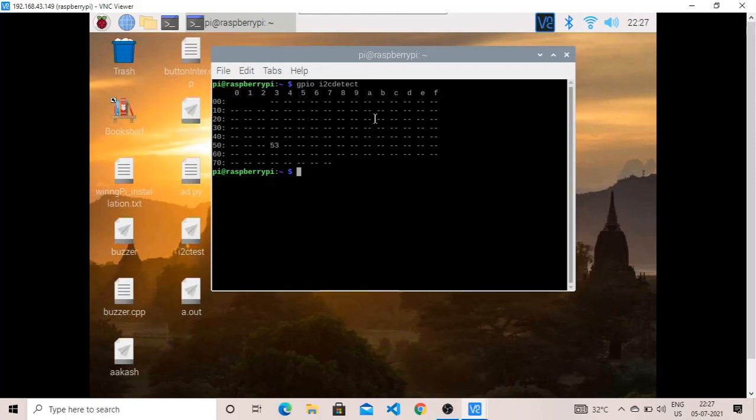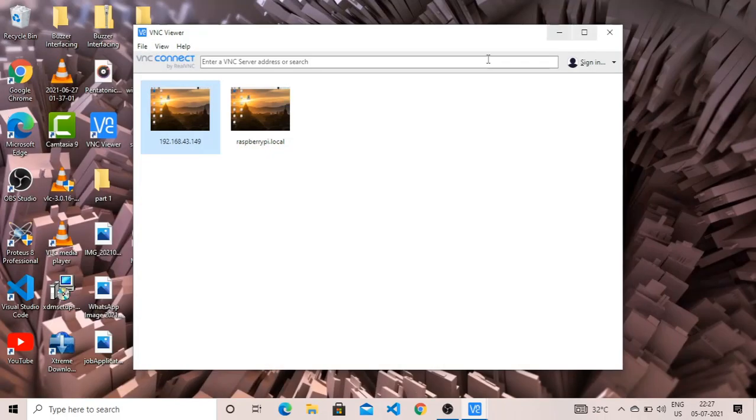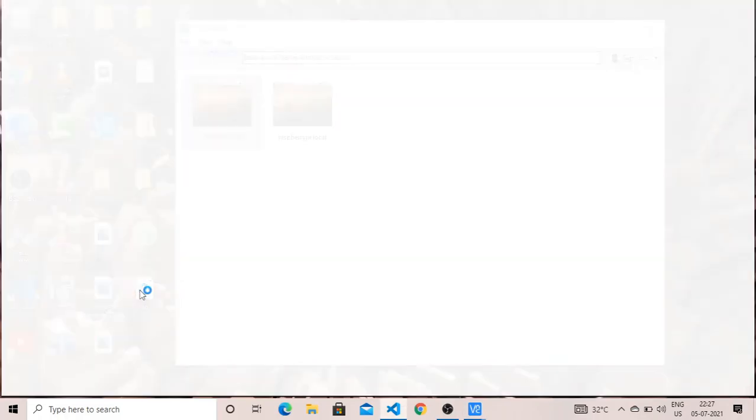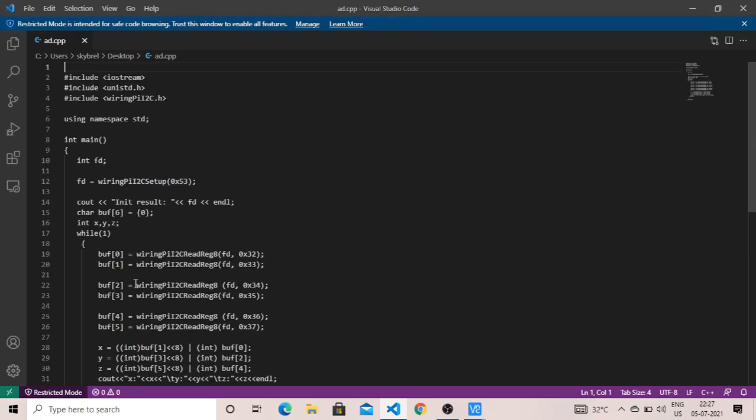Now let's go and understand the code. Just minimize this VNC viewer, and here is the code, adxl.cpp. It is about a 37 line code. Here I import 3 libraries. First one is iostream, second is unistd, and third is the wiringPiI2C library.